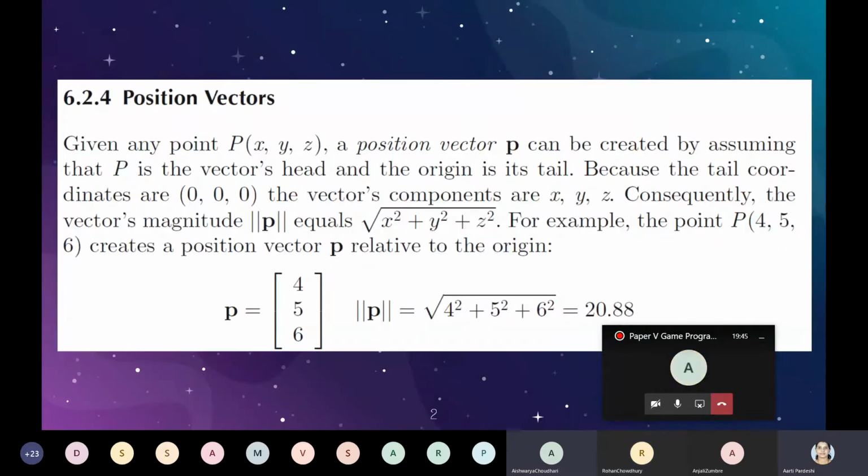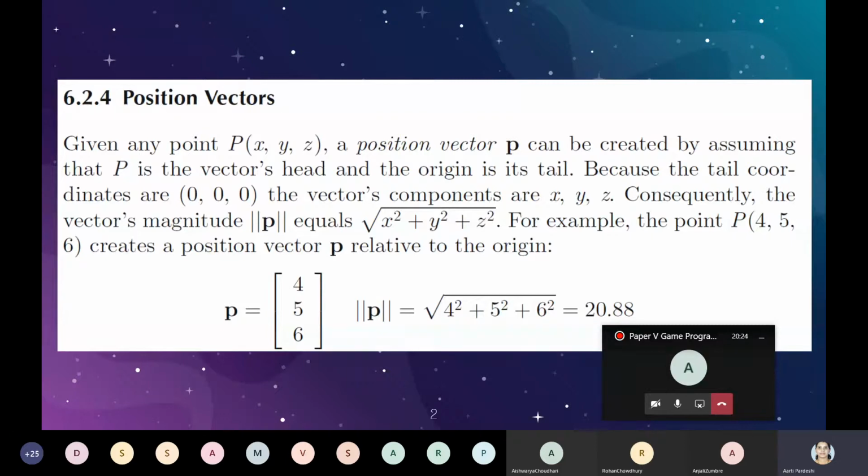See the next concept. These concepts are very easy, but for sure this concept will be asked in your exam. Either it will be part of a short note. A direct short note can't be asked on small points, so a question can be like: explain the following terms from vector, and then 1, 2, 3, 4. We can ask: explain the following terms, the first one position vector, unit vector, Cartesian vector. In this way the questions can be asked. First we are going to see a position vector.